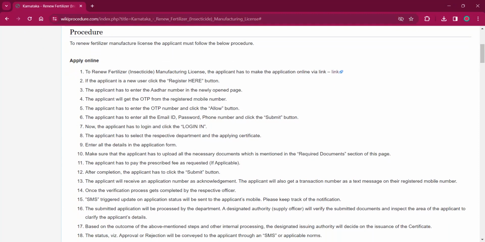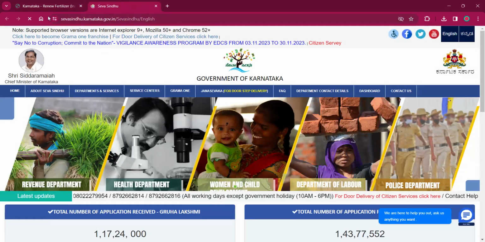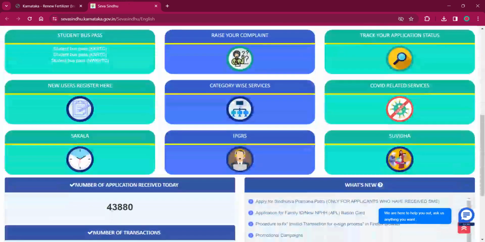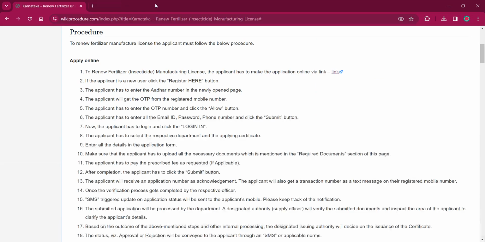This procedure can either be applied online or applied in person. For applying online, the applicant must click on the link over here. It will lead to the online application page. If you click on the new user register here option, right now the page is not available, but if you check at any other time, you can